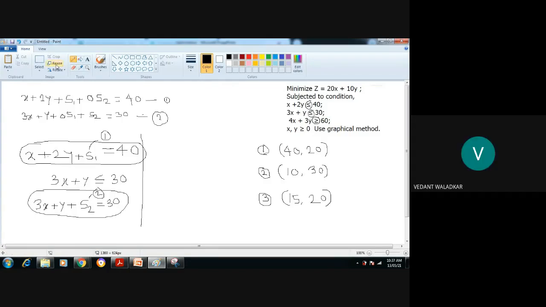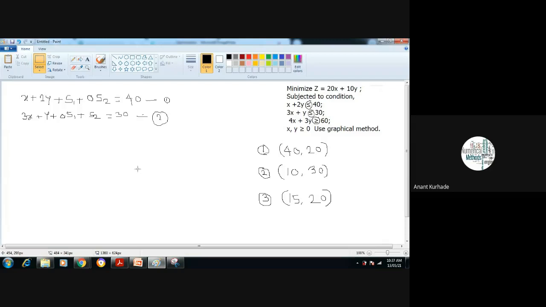Hello? Yes, sir. Okay, now see what is given. We have added the slack variables s1, s2 in constraint 1 and constraint 2. But we have to show the slack variables in the objective function also. So what is the objective function here? Minimize z is equal to 20x plus 10y. Then again you have to modify this objective function. Then you can write z is equal to the same